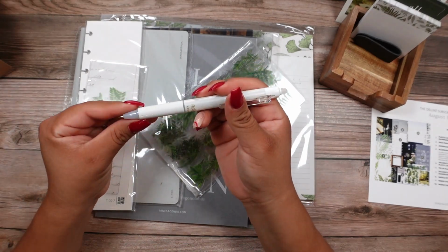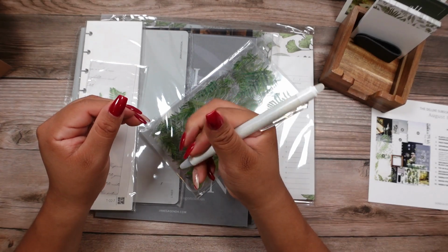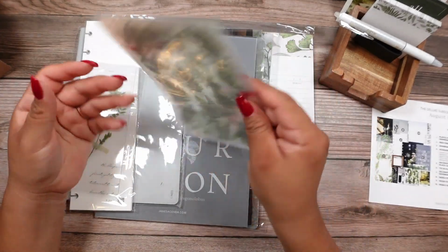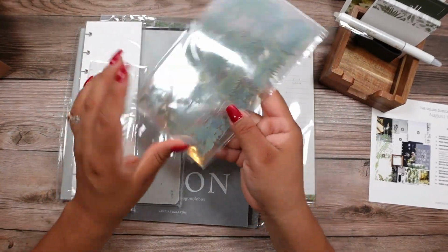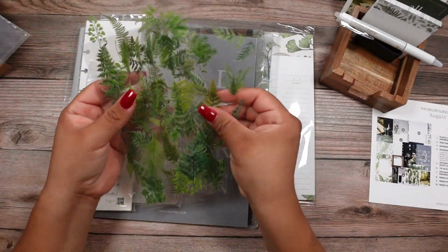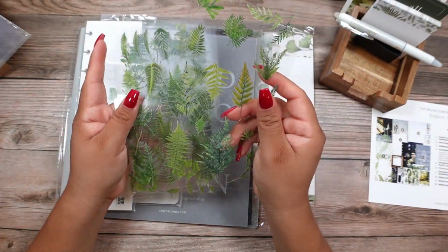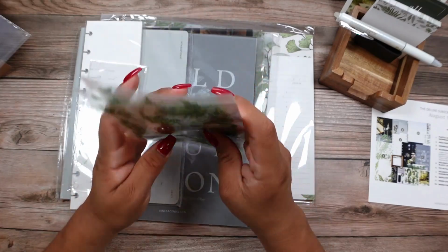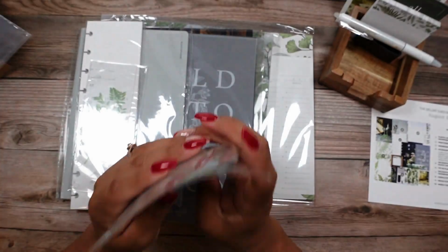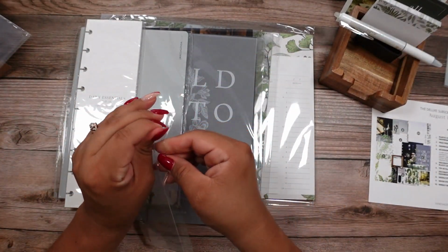Friction pen. I do like these because they are erasable, so if you're a person that likes to make a lot of changes, these are great. I do like these pens for that, but I don't use them a lot in my planner. These must be the clear sticker pack. And they're all leaf clear. Ooh. What if I ever decide to do a wildflower or a wild theme, those stickers are nice. I'm gonna keep those. And then this is her page finder,